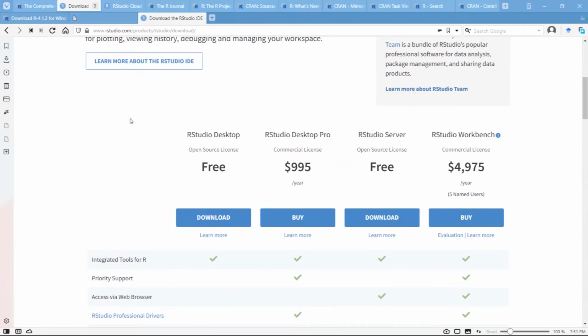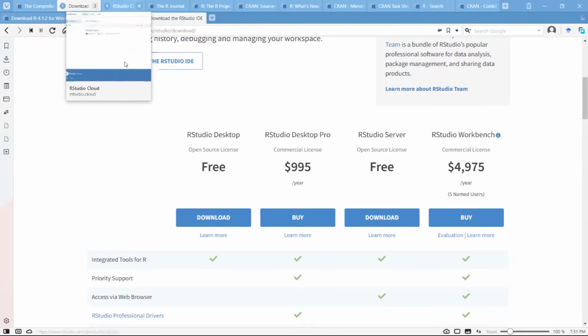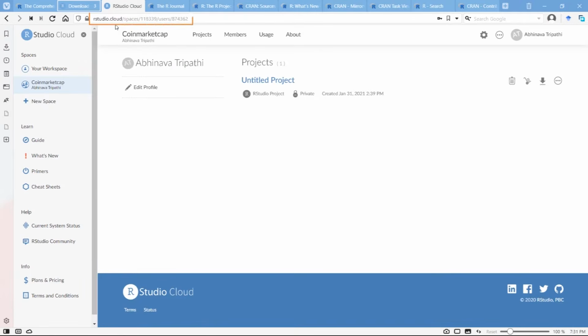Although some of us may be using a new device, or may sometimes be working where it is not installed, for those kinds of devices you have the option to go to this page, RStudio Cloud. On RStudio Cloud, you can directly work. You need to make a free account. Once you make your free account, this kind of web page will open, and there you can